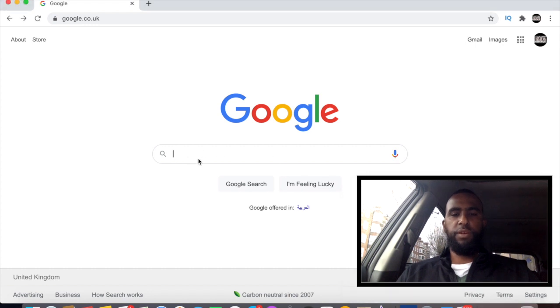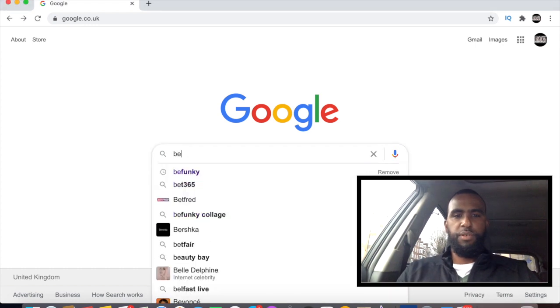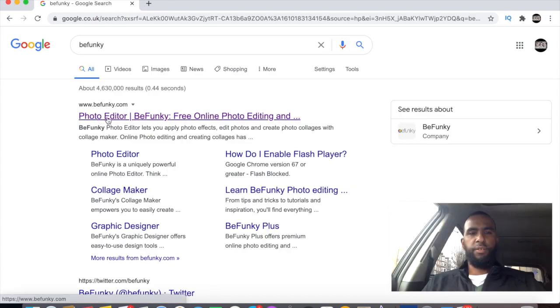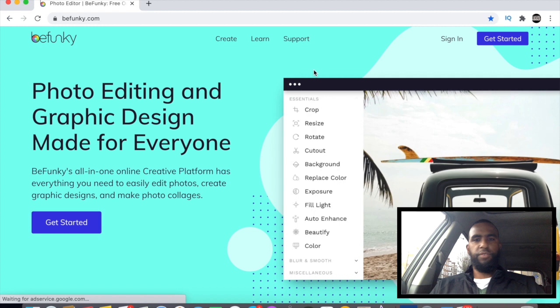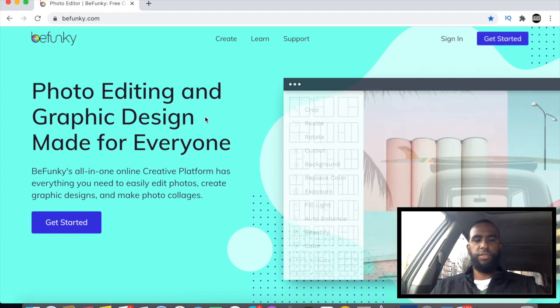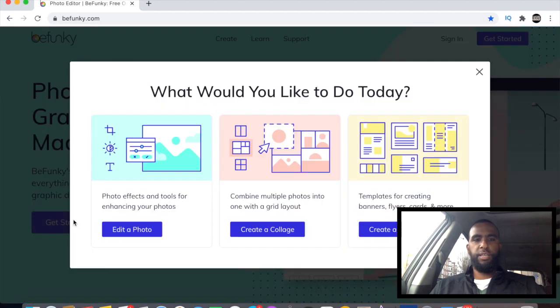As you can see, I'm on Google now. So type BeFunky. Then go to Photo Edit at the top, as you can see, click on it. The good thing about this software is you don't even need to register or sign up for anything. So you just say get started, and straight away it gives you three different options: photo, effects, and tools to